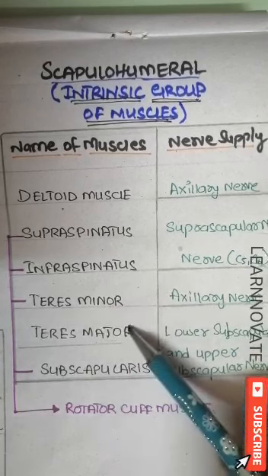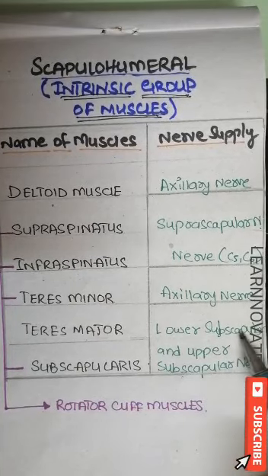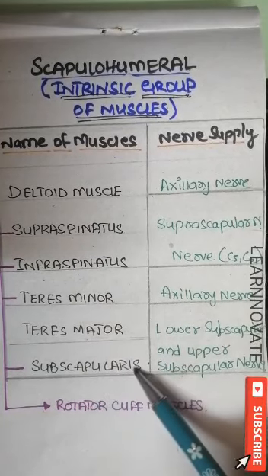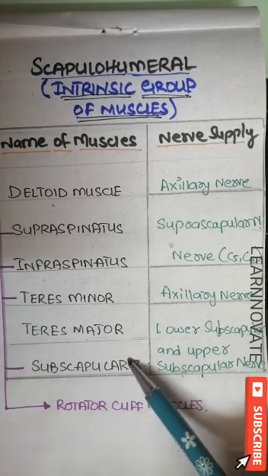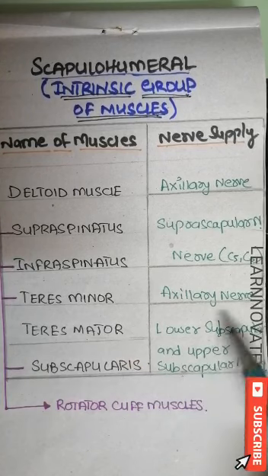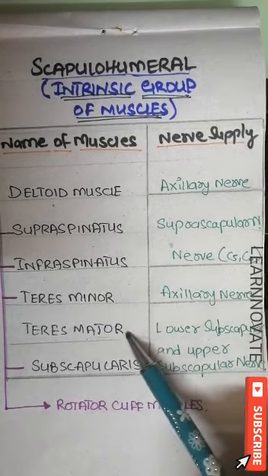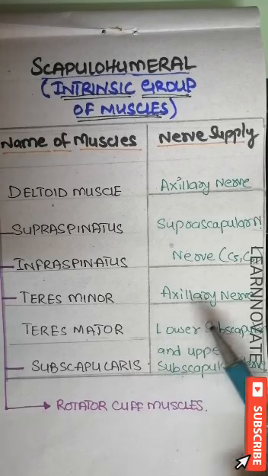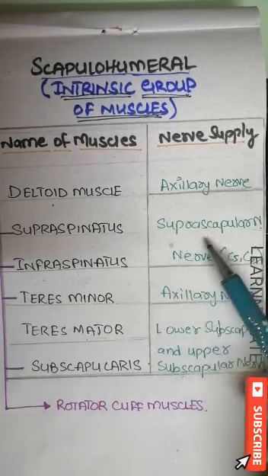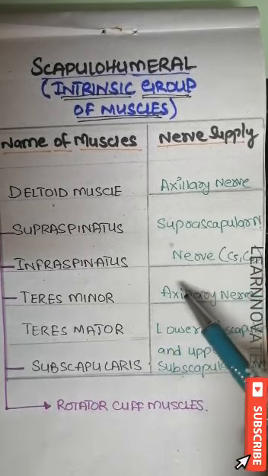The next one is the teres major, which is supplied by a separate nerve, the lower subscapular nerve. The subscapularis, which is present in the subscapular fossa of the scapula, is supplied by the upper and lower subscapular nerves, the nerve that also supplies the teres major. So these six muscles have three major nerve supplies that you can easily remember by combining two of the muscles. Now the important point here is the action of these muscles.